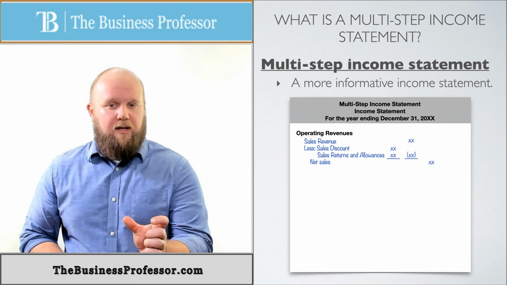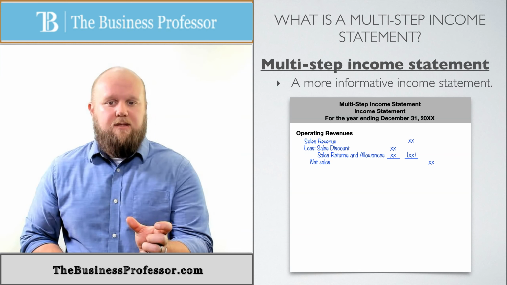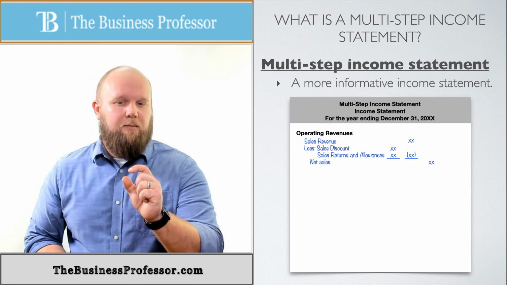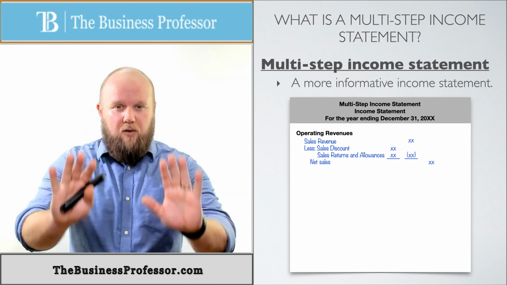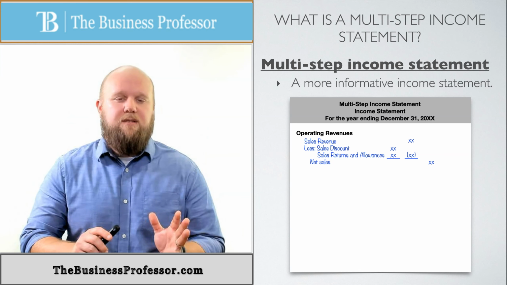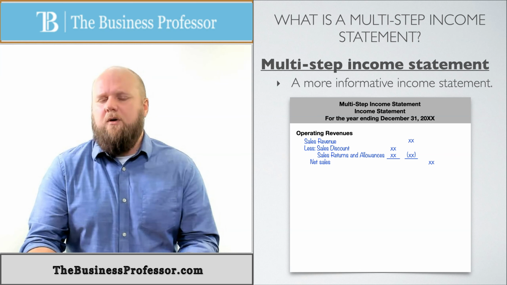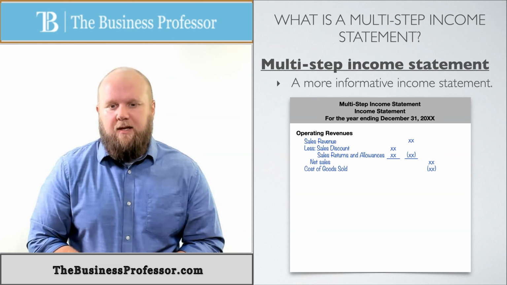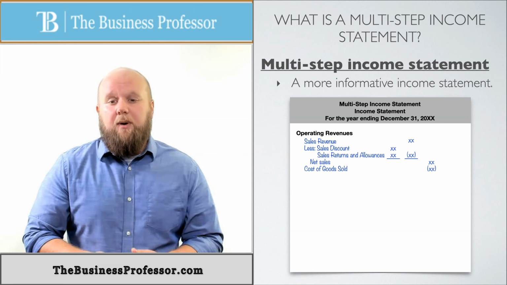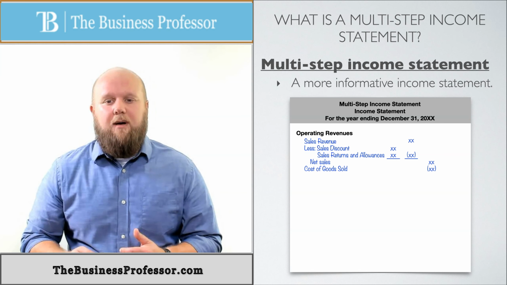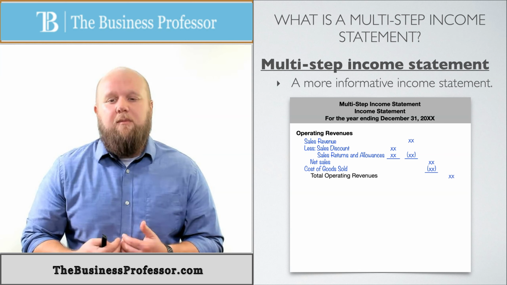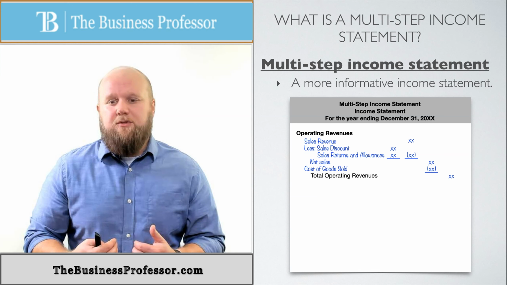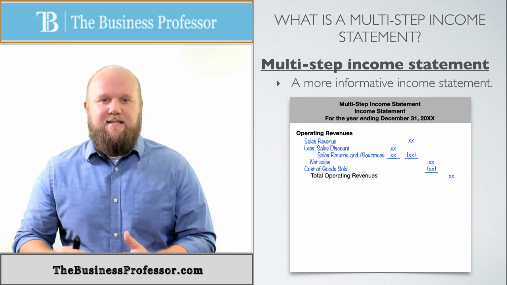Now here's one thing that is really going to throw you for a loop, because not only am I going to add my revenue here, but there's also one expense I'm going to add up under operating revenue. I know it's not an expense, but just bear with me because again, it gives you more information. I'm actually going to include cost of goods sold up under here. Yes, it's an expense. But if I take my net sales and subtract out my cost of goods sold, that's going to give me my total operating revenue, or what we call my gross profit. It lets my investors know what I've made off of my sales alone.